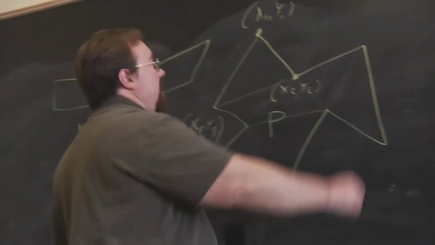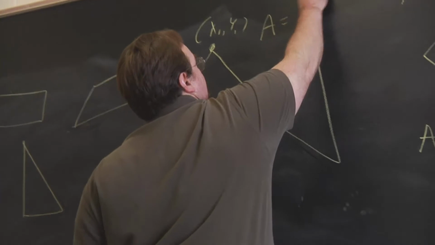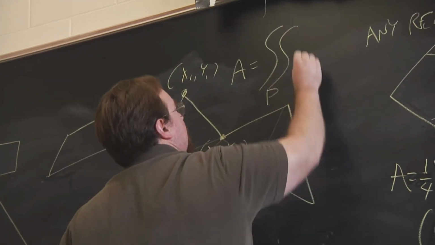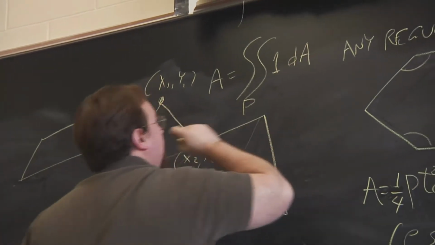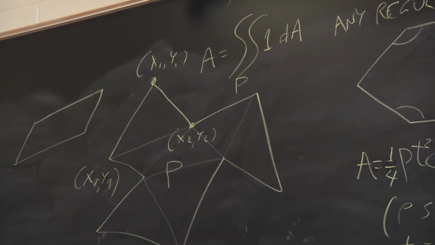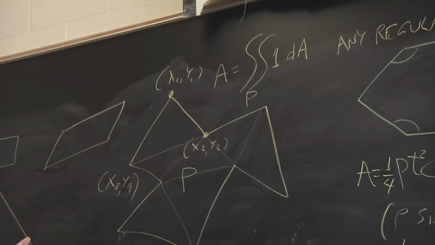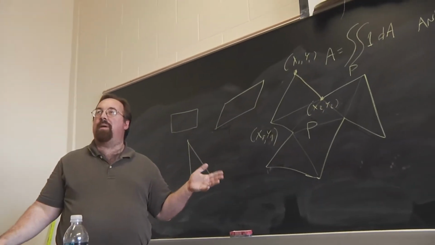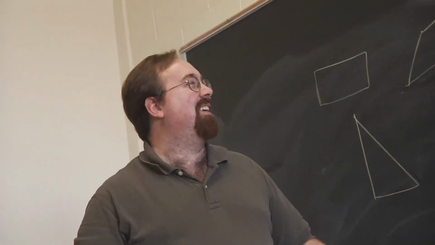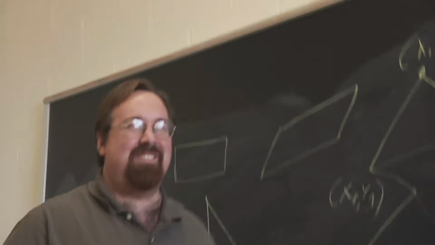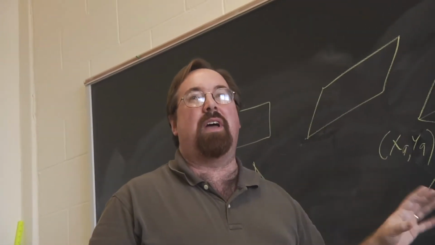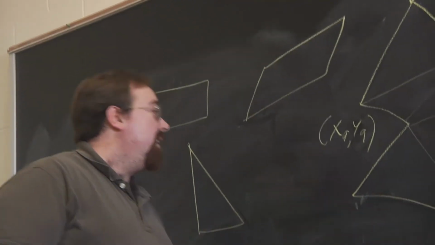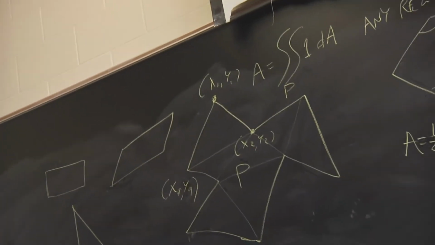But using the fact that the area can be written as a double integral over P of the function f of x y equals 1 dA, we could actually come up with a nice and easily remembered formula for the area of any polygon whatsoever. So by the time we get to the end of today,